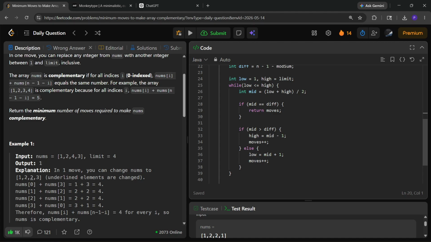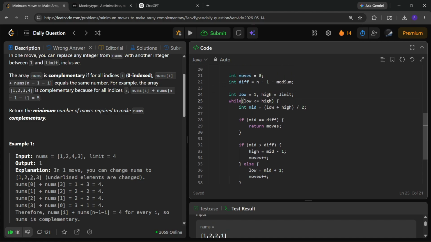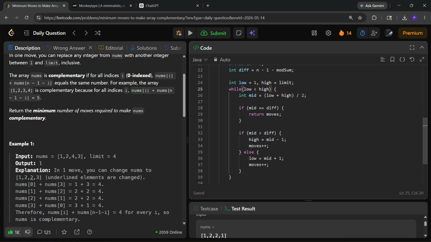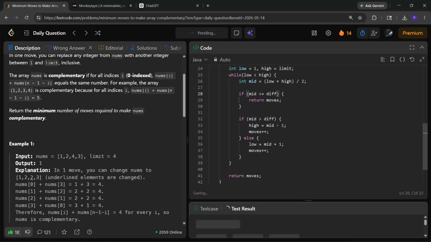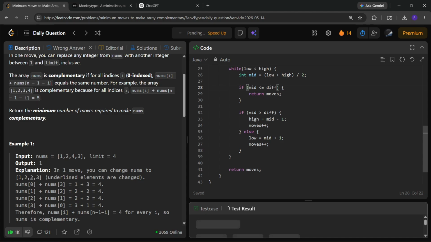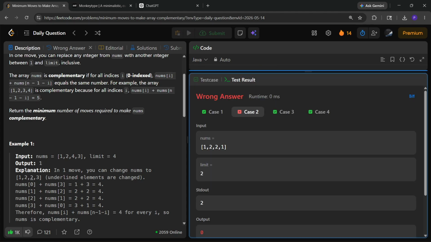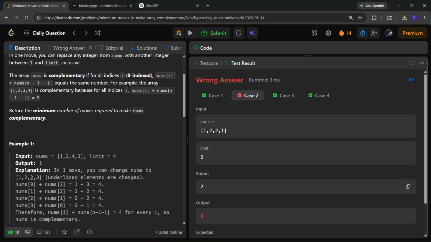Should this be less than, minimize the noise? Could be a one-off error. This is still